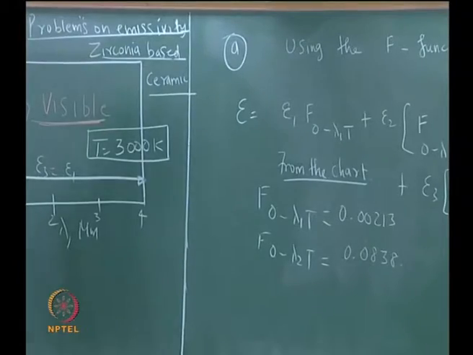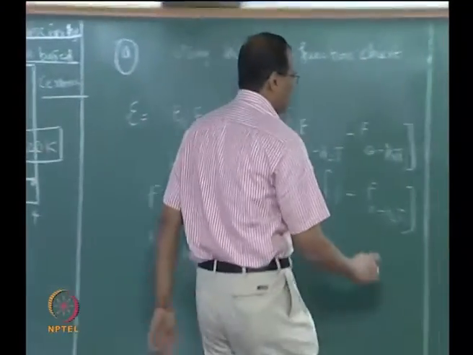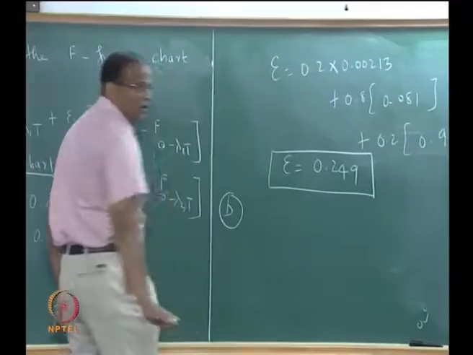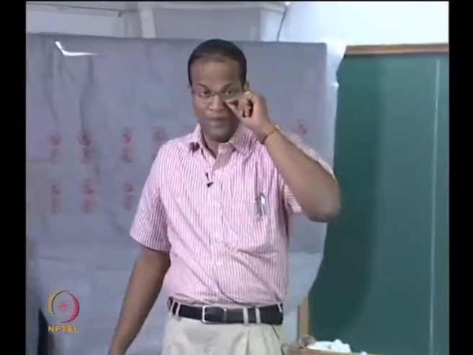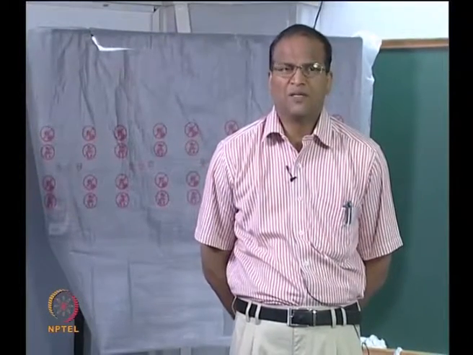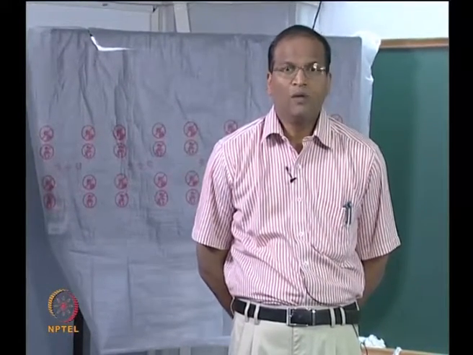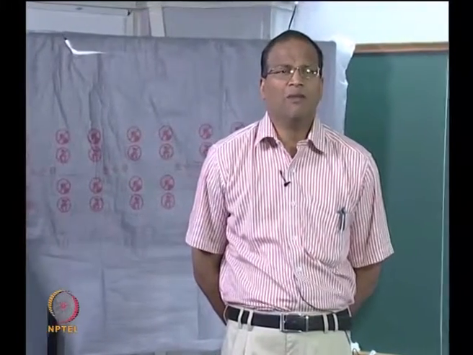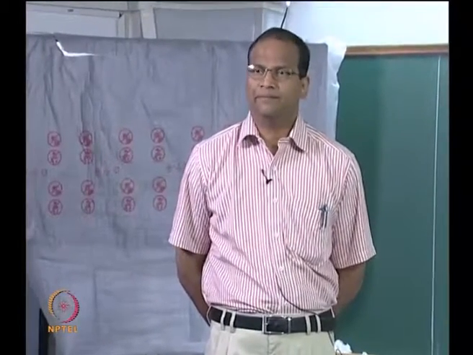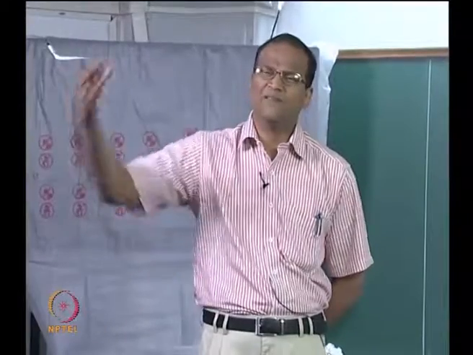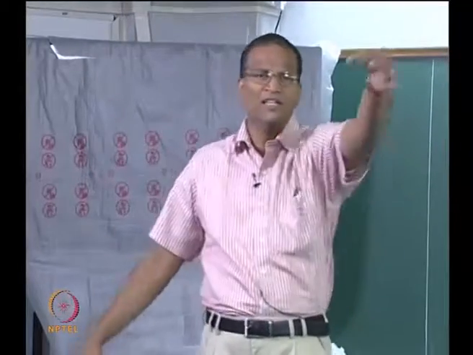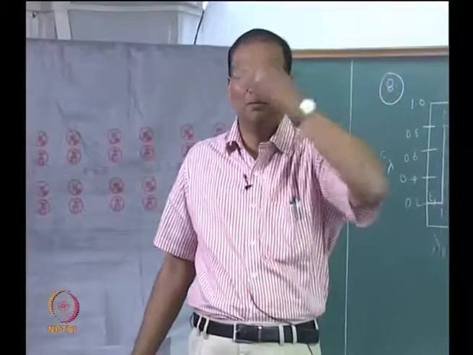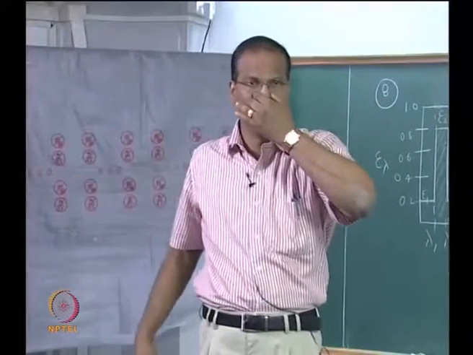Now we will have to see whether it is a good candidate. That will be known only if we solve part B and part C of the problem. Part B is the power consumption. What will be the power consumption? What will be the energy equation for the bulb when it is operating at steady state? You assume that convection and conduction, all those things are not there. What is the energy equation, heat transfer equation for the bulb?